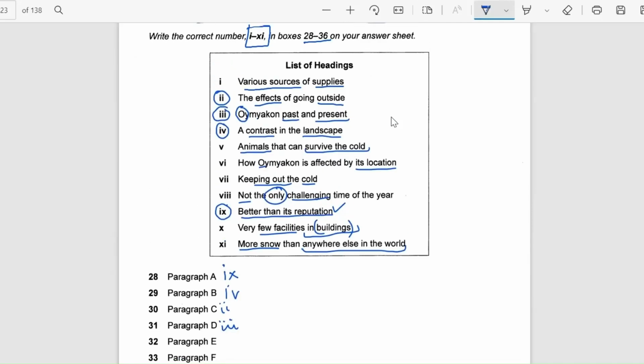Now you must be wondering why I am going on circling the options. Now you see, when I started, I was going through all the options. Now, the moment I have circled a few options, my points get fewer. Now, these circles actually show me which points I don't have to look back to again when I'm doing new paragraphs. And this makes my task so much easier, right? So that is why identifying these points and circling them or maybe cutting them out is a good choice to make.